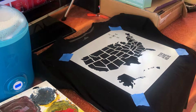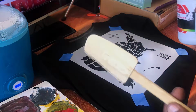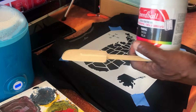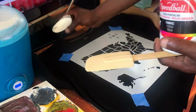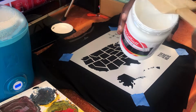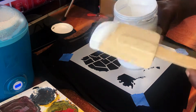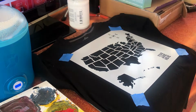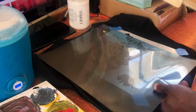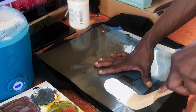Need a spatula. A good thing to have around is a spatula. You can pick one up from the dollar store, or you can just use an old one. And this technique doesn't use much ink, so I will actually get very little ink. About that much should do the job. As a matter of fact, I changed my mind on the palette. I'll use an x-ray plate to mix my ink on. So firstly, I'll lay it out,